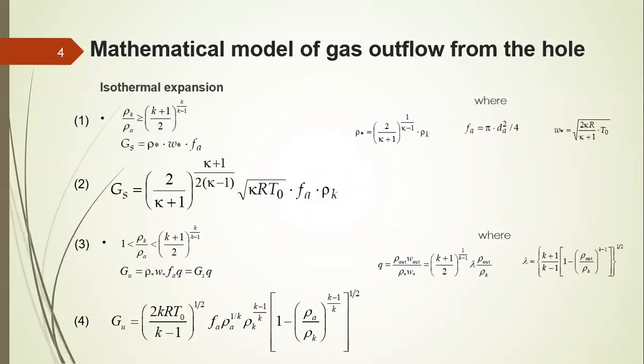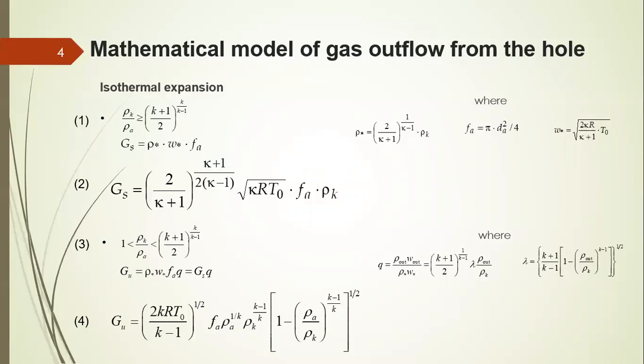In the case of isothermal expansion, the following relation occurs: formula 1. Then the critical parameter values are met in the hole, and the flow rate is equal to formula 2. If the pressure in the pipe has decreased so much that the following condition is met, formula 3, then